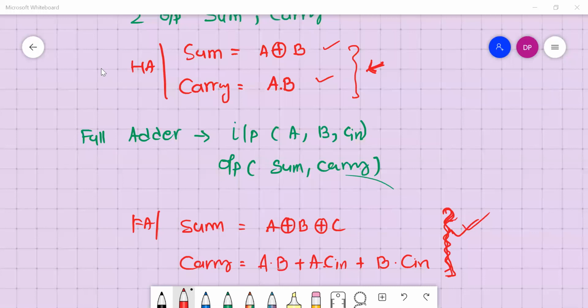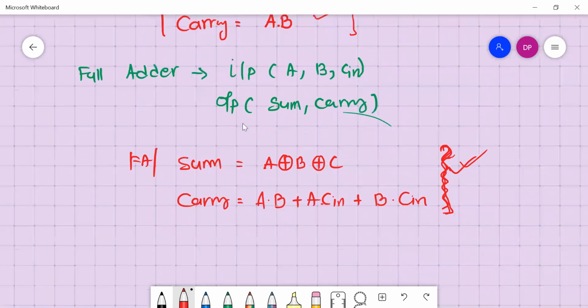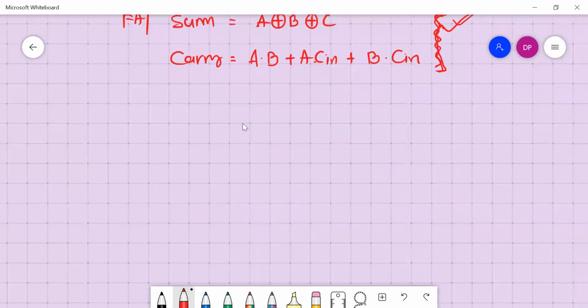Yes, so let's see how to do it. So we will take one half adder. Okay. I'm taking it as black box.